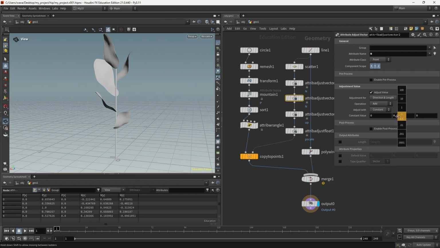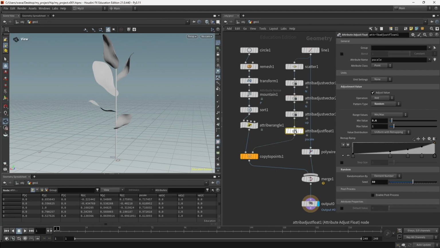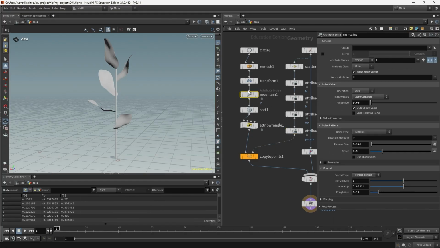And then we added this value to N, so I think this is still good. And then the size variation of the leaves. We can again try different seeds for that. And then on the other side, we might want to revisit the mountain node. For example, maybe we want the leaf to have more waves or less. And then we can try different offset values just to see different versions of the same pattern. I was pretty happy with the offset we had before, so I'm just going to do Ctrl Z.